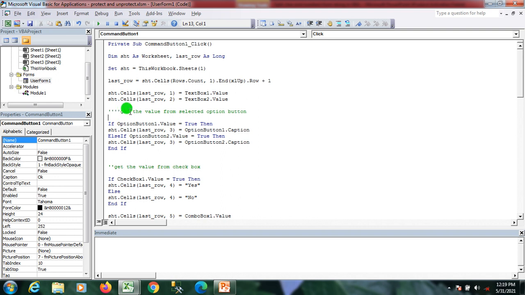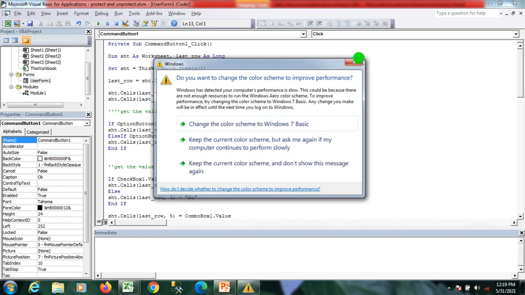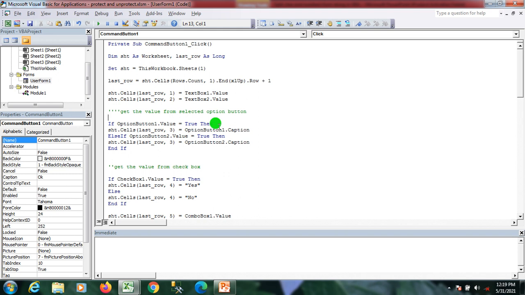And here we get the value from the selected option button. We have already applied option buttons in our user form, so how do we get the values from the option button? I've applied an if condition. If option button 1 dot value equal to true, then in column 3 I get the caption of option button 1.